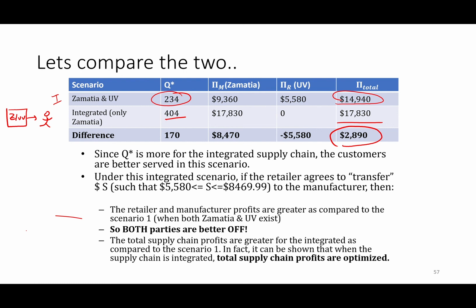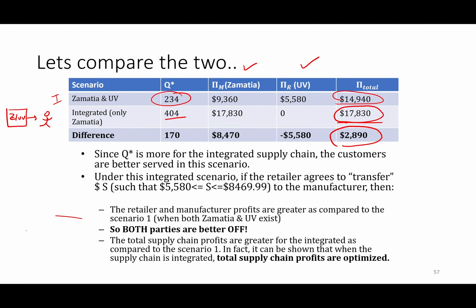So if there was some kind of a way that they both continue to exist independently, you know, Zymatia also remains and UV also remains, and they're able to make this much amount of profit, 17,830, then they would be better off. Then the entire supply chain would be better off. Okay,